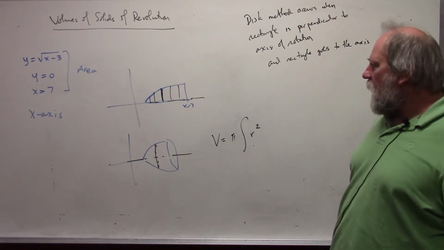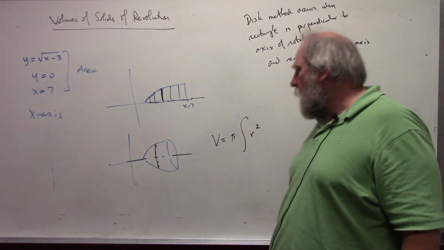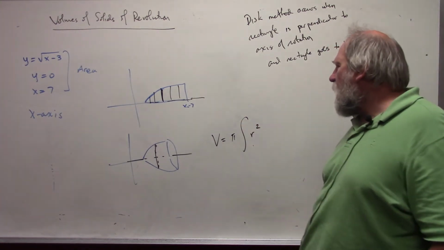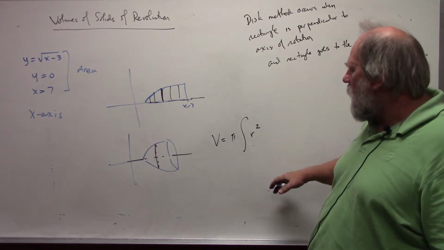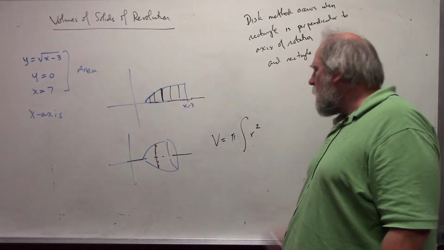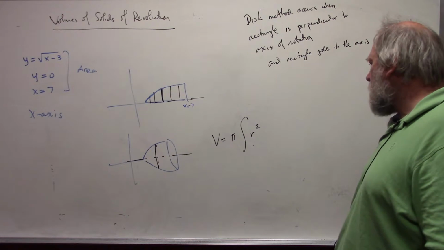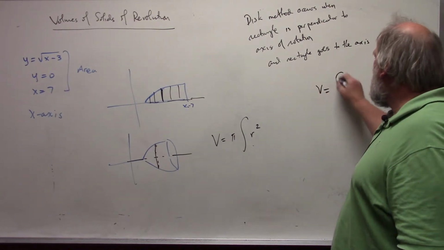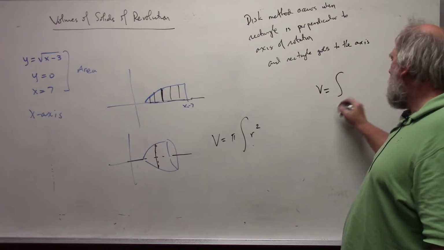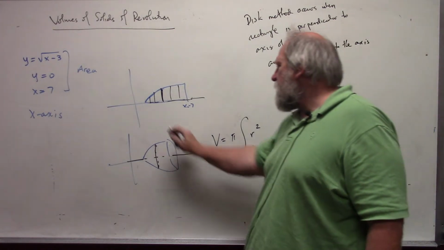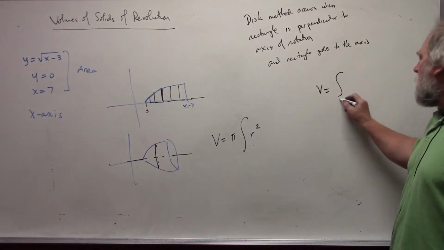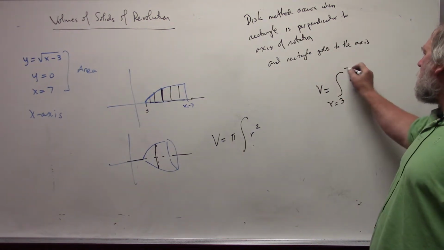So in the situation like I've drawn here, my variable is x, and we are doing the area according to vertical rectangles. And so in this particular case, my volume is the integral from, my starting point was at x equals 3, to 7,